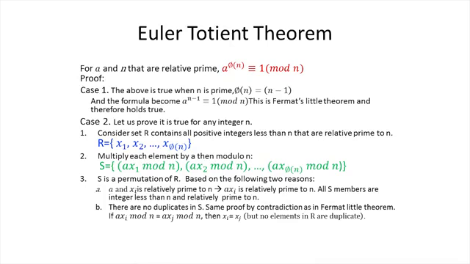All the S set numbers are integers less than n and relatively prime to n. Since there is no duplicate in S, we can prove this using the same proof by contradiction as in Fermat-Little theorem,